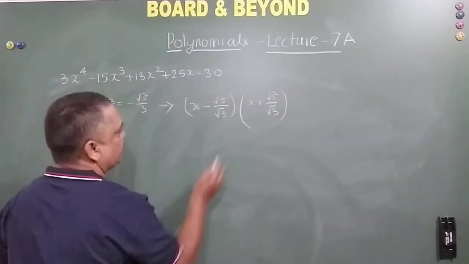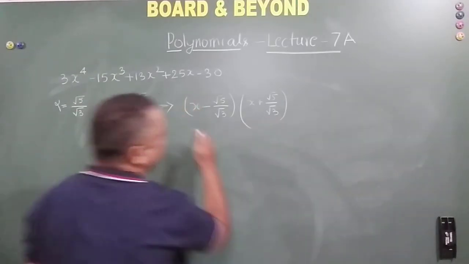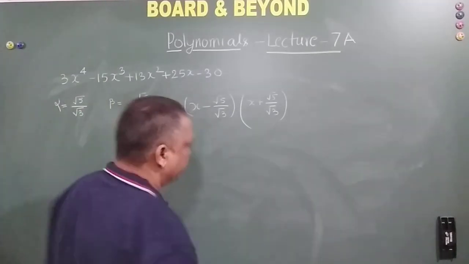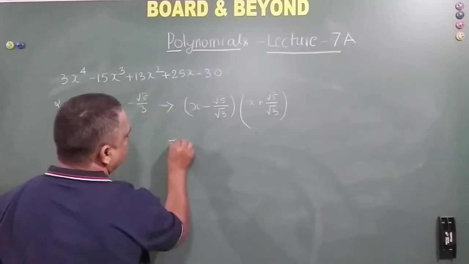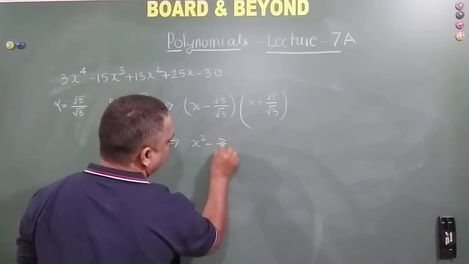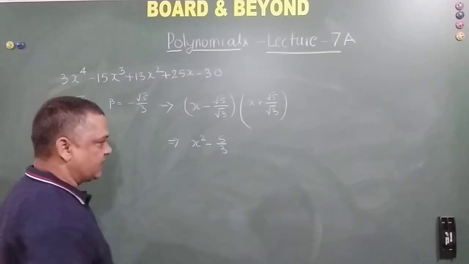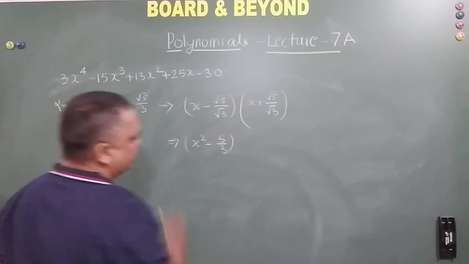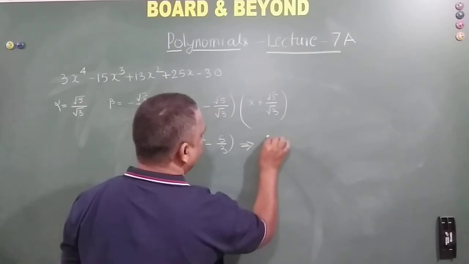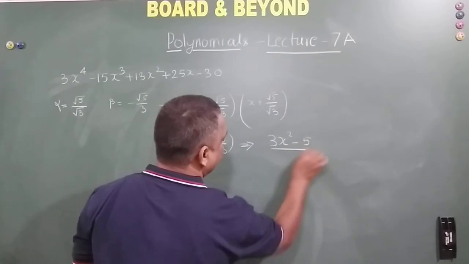So we'll do a product of this. This is of the form, my friends, a plus b into a minus b, which is nothing but a square minus b square. So which gives me x square minus 5 by 3. What I have done is that I have done square, so both the square roots get cancelled. Fine. Clear? Which is equal to, after taking LCM, 3x square minus 5 by 3.